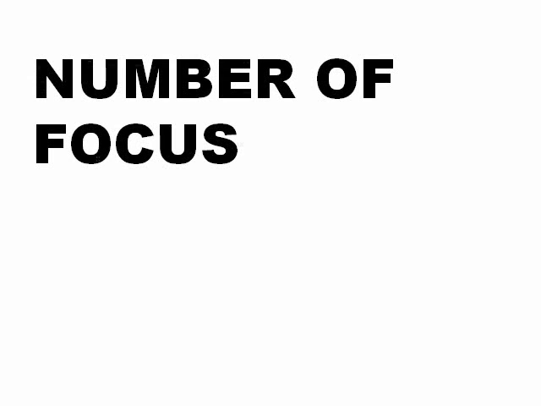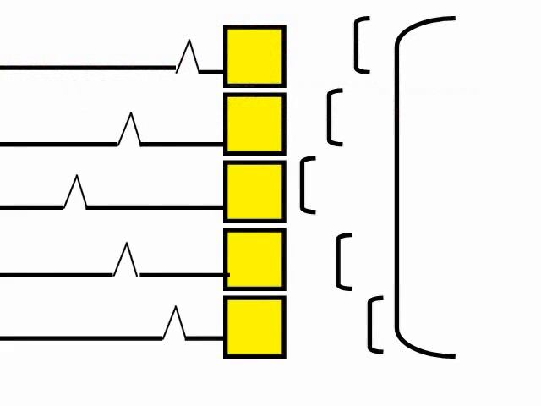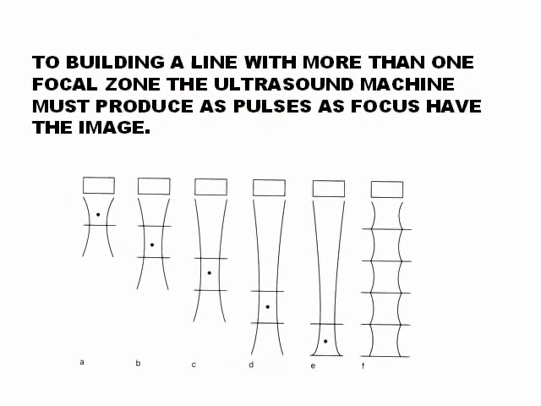Another thing that changes the frame rate is the number of focal areas you are working with. A phased transducer focuses through delaying the electric pulse in the beamformer. That is the mechanism that the transducer uses to change focal areas. When you are working with only one focal area, each pulse is one line. But when you are working with more than one focal area,